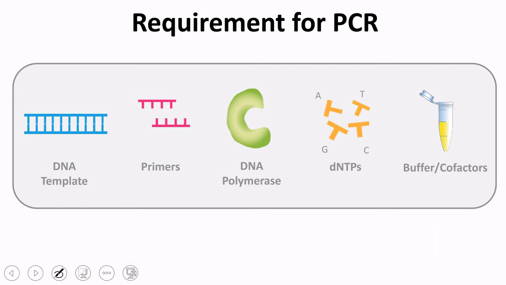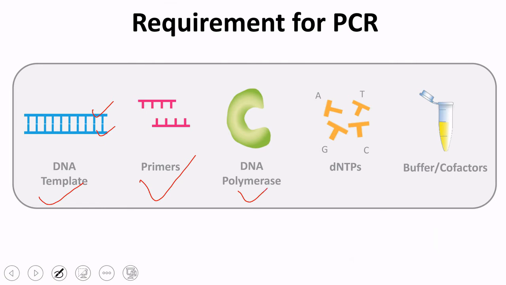What are the requirements of PCR? There are a few basic requirements which we need compulsorily for all PCR processes. First we need a DNA template which we want to amplify, which we want to copy. So we have a DNA template or the target DNA. Then for both the strands, we need a specific primer. That primer will be roughly 15 to 20 nucleotides long. So we have primers.